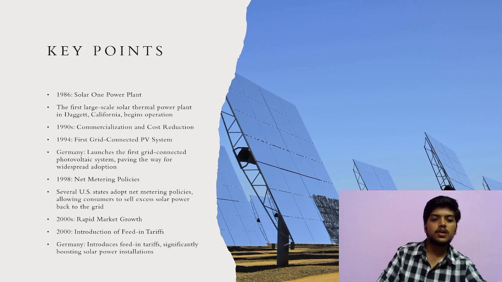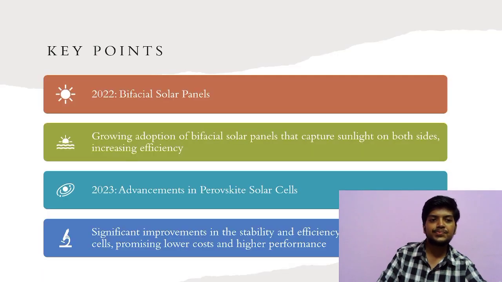Several US states adopt net metering policies, allowing consumers to sell excess solar power back to the grid. 2000s, rapid market growth, introduction of the feed-in tariff. Germany introduces the feed-in tariff, significantly boosting solar power installations. 2022, bifacial solar panels: growing adoption of bifacial solar panels that capture sunlight on both sides, increasing efficiency. Advancement in perovskite solar cells, significant improvement in stability as well as efficiency of perovskite solar cells, promising lower